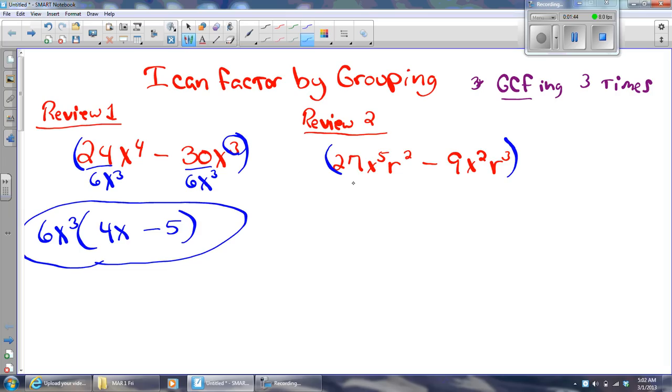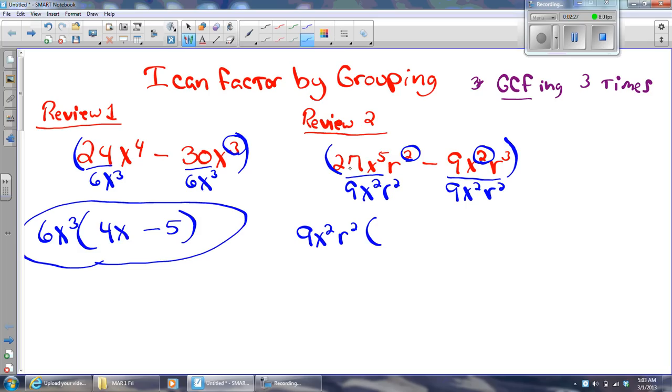Okay, do this one really quick. The GCF of 27 and 9 is going to be 9. The GCF of x to the fifth and x squared, the smaller of the exponents. Again, don't try to take it all at once. Try to do it coefficients, then the x's, then the y's, then the q's, then the watermelons, then the fire trucks, then the porcupines, but do them in steps. If you do them in steps, they're very simple. Okay, I need the GCF of the r's. Well, I have an r squared and an r cubed, so it's going to be an r squared, the smaller of the exponents. So my GCF goes out front, doesn't disappear,